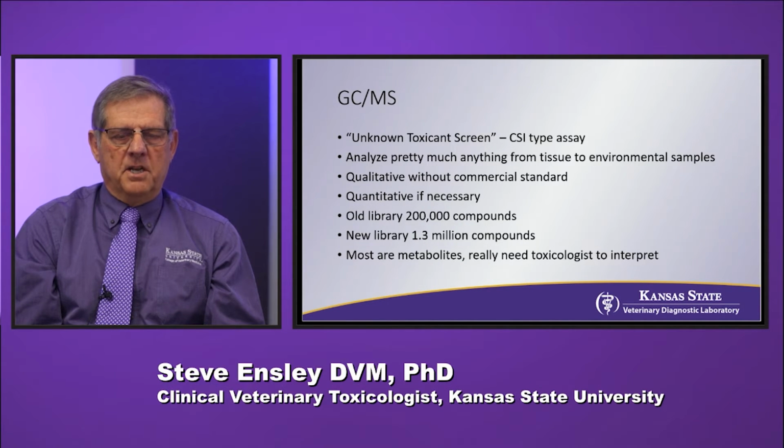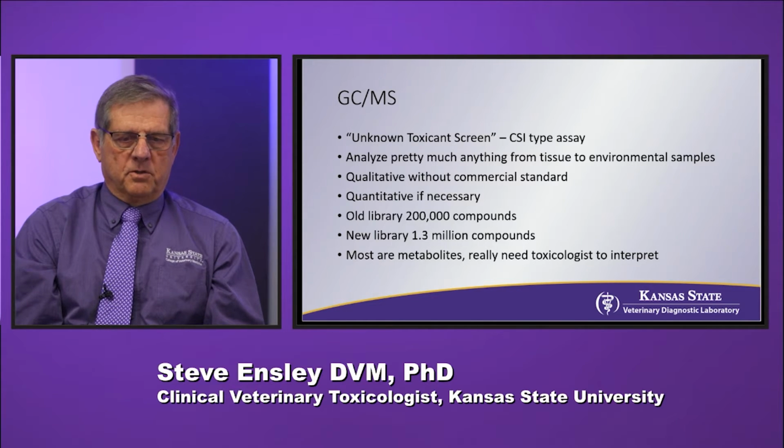We call it the unknown toxicant screen, or the CSI screen. If you've had an animal that dies from unknown causes, we look at feeds, waters, and baits, so we can look at a lot of different analytes. And this piece of equipment gives us the capability to do